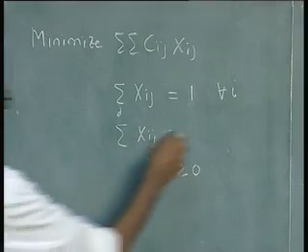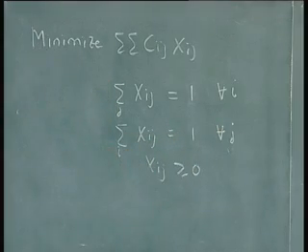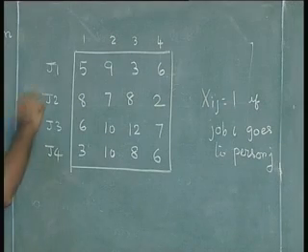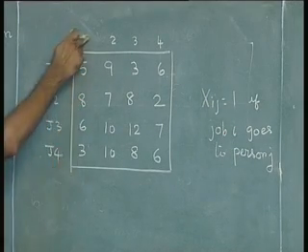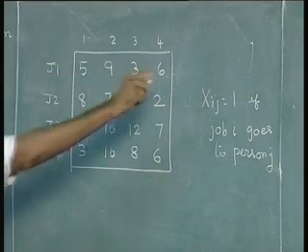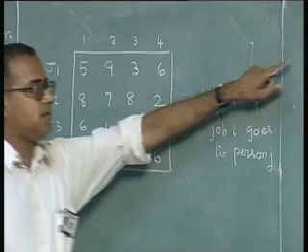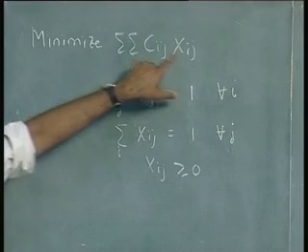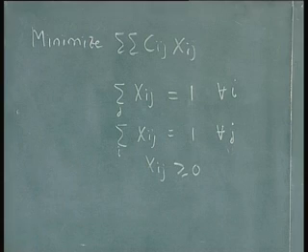Now for every person, summed over jobs, this person gets only one job. When I sum it over i, this person gets only one job, and the other one would mean this job goes to only one person. I want to minimize double sigma Cij Xij, which is the total cost of allocation,